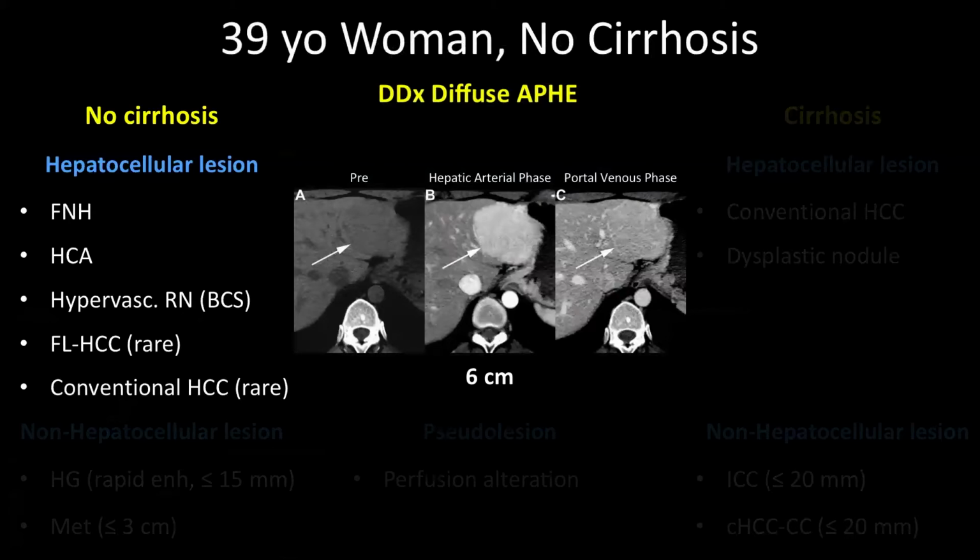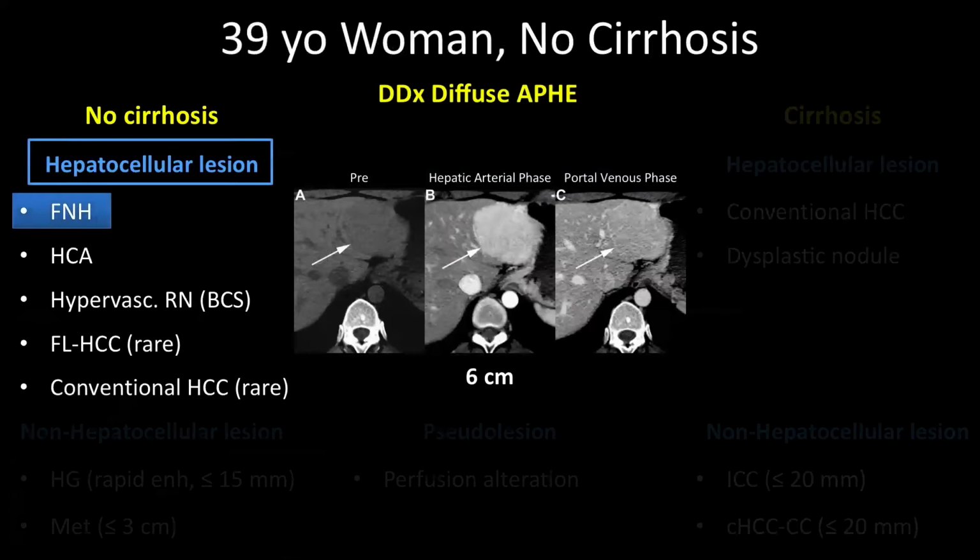So which is the most common? Well, conventional HCC is rare, except in elderly men with diabetes, and this is not an elderly man. Fibrolamellar HCCs are rare. This patient does not have Budd-Chiari syndrome, so we're left with focal nodular hyperplasia or hepatocellular adenoma. Either of those is possible. Which is more common? By far, focal nodular hyperplasia is more common, and so we will put that number 1